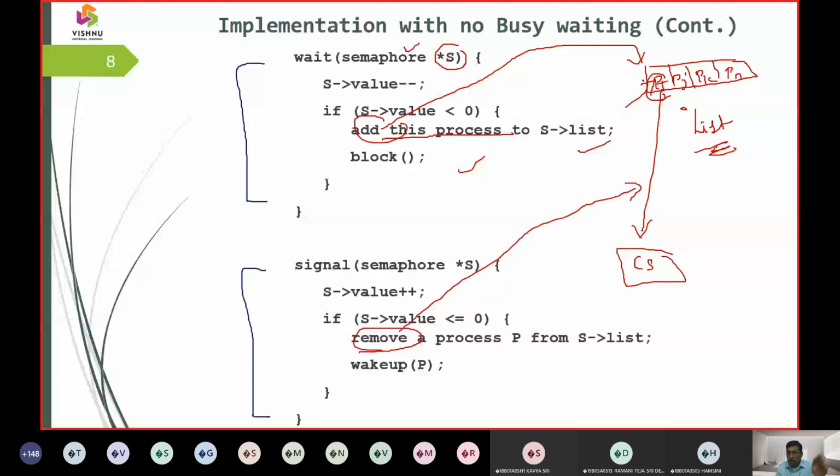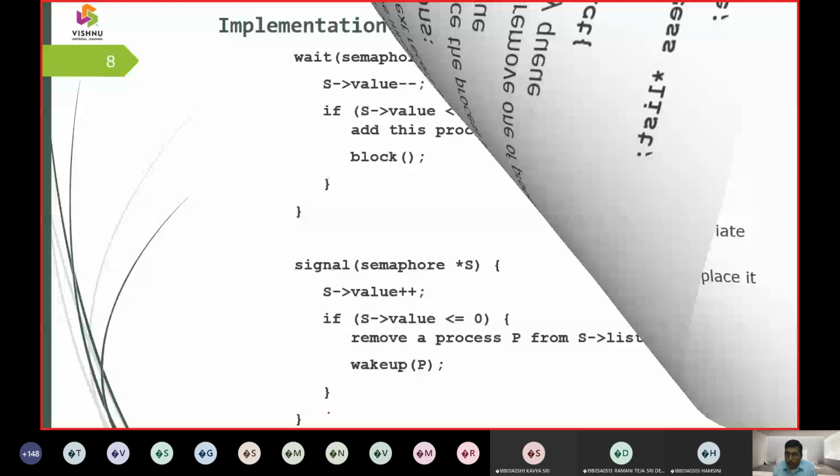Okay, once the total list is full, then it is blocked, and it is going to remove the first job which is in the wait state, in the queue, and signal it with a semaphore. So we are going to remove it. You can see this one as a blocked state, and this one we call the wait state. I just explained here. You can see this from a running queue to the waiting queue.